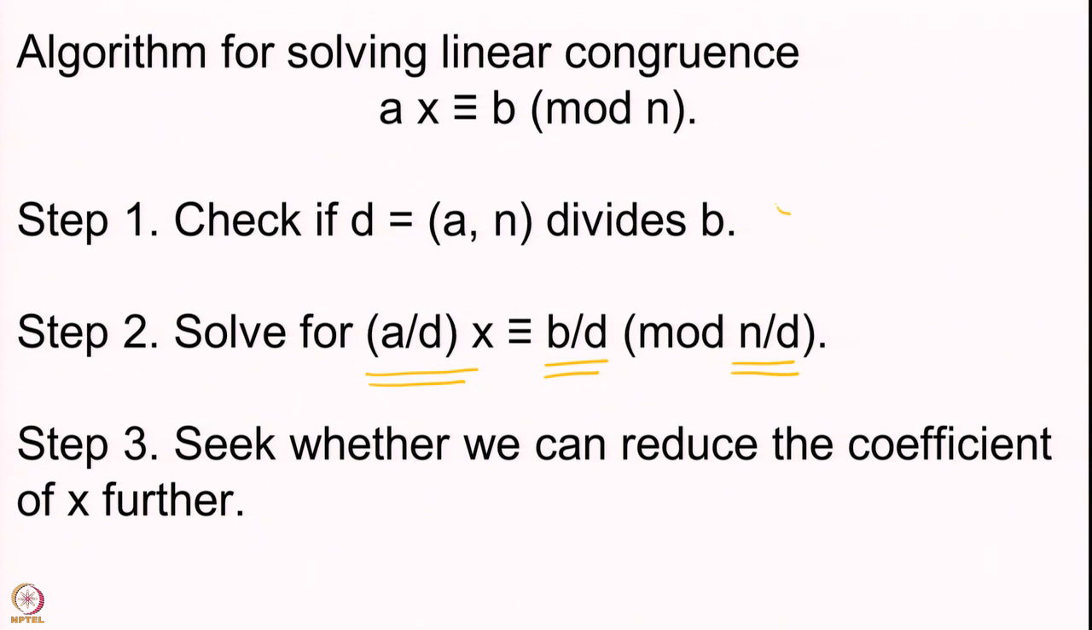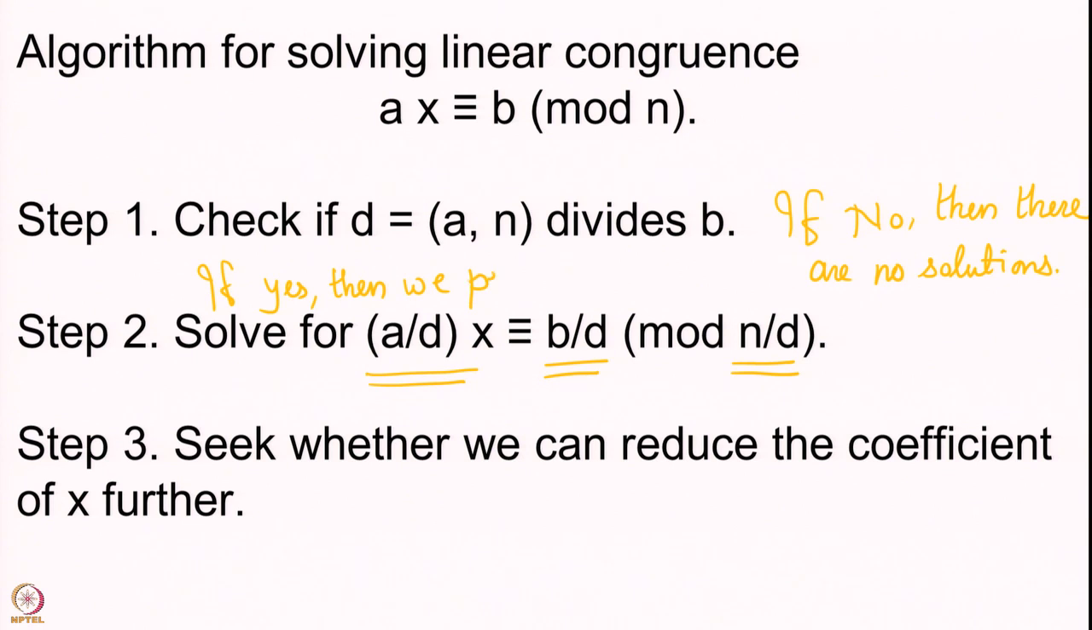Of course, if the answer is no, then there are no solutions. If yes, then we proceed. This is what we do, and then we come to step 2, which is to solve (a by d) x congruent to (b by d)